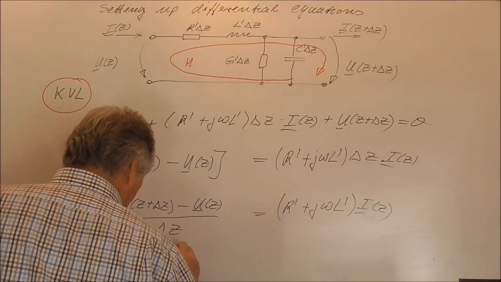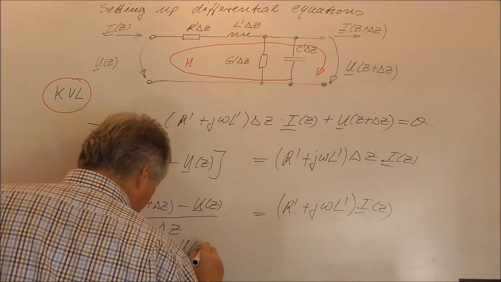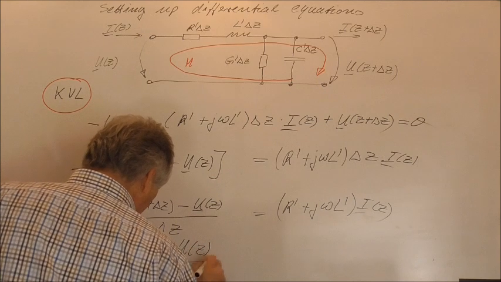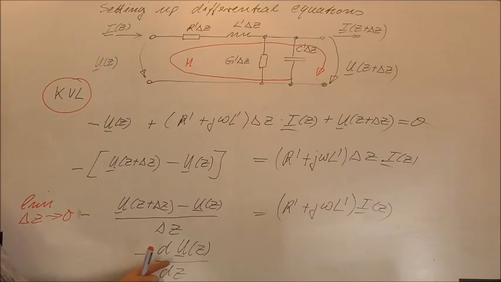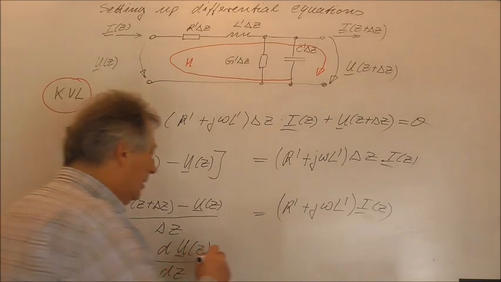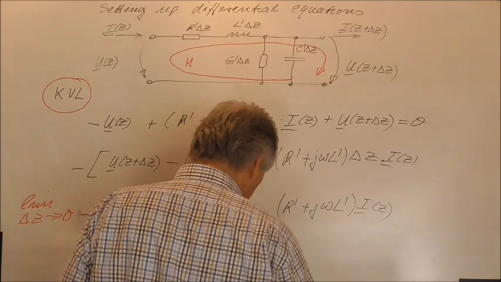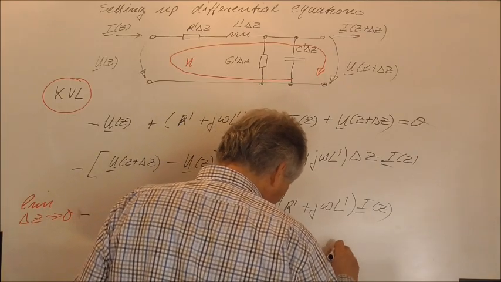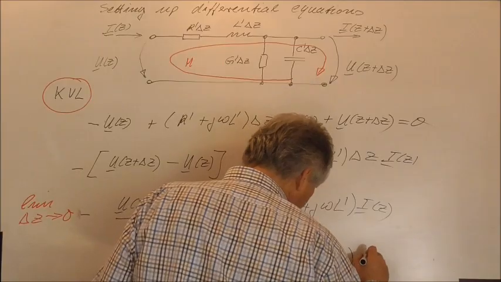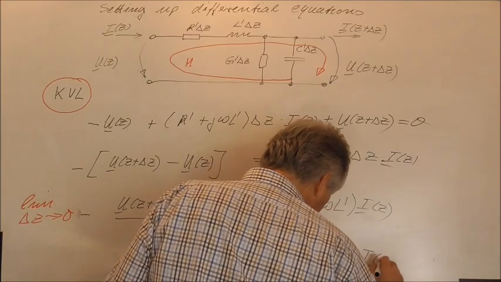So we have here du of z divided by dz, or we have to derive the function u of z with respect to z, and this is now equal to (R prime plus j omega L prime) times I of z,